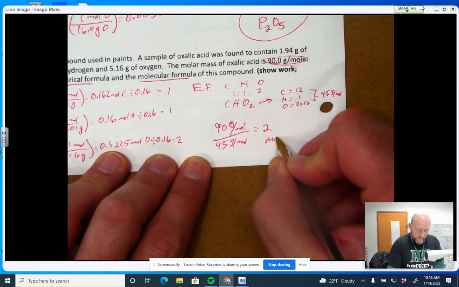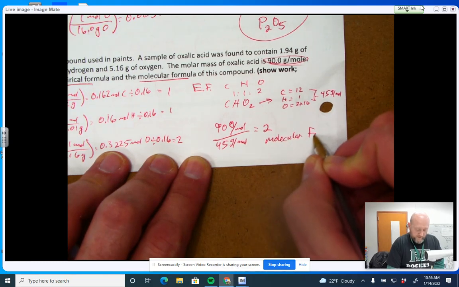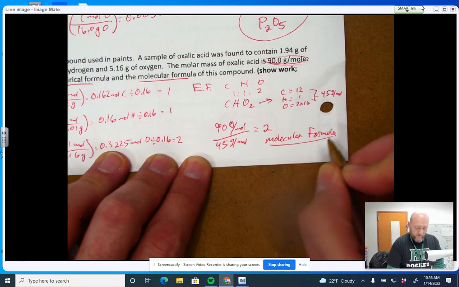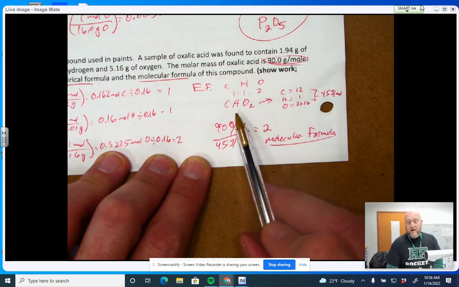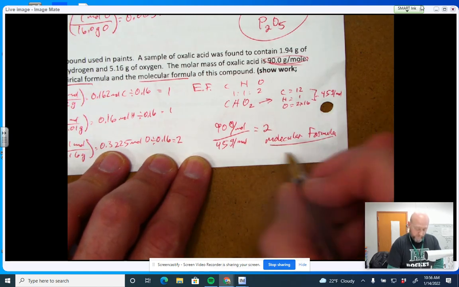So to find our molecular formula, we simply take 2 and multiply that all the way across from our empirical formula. So we'll end up with